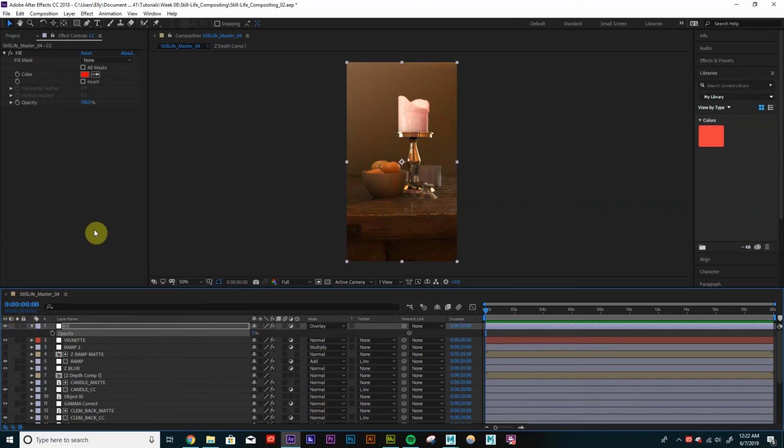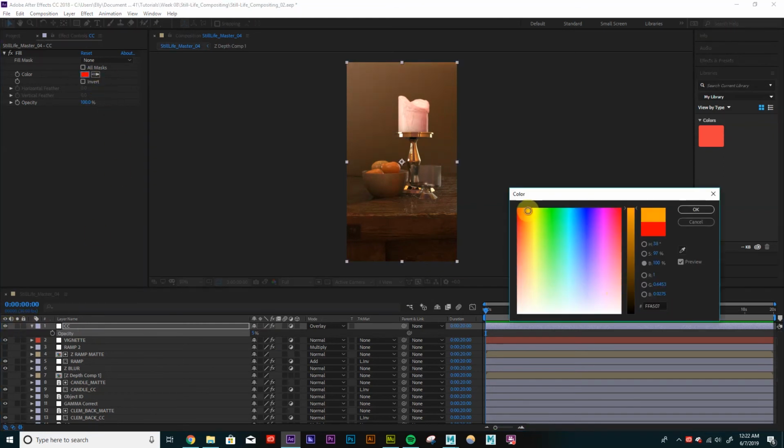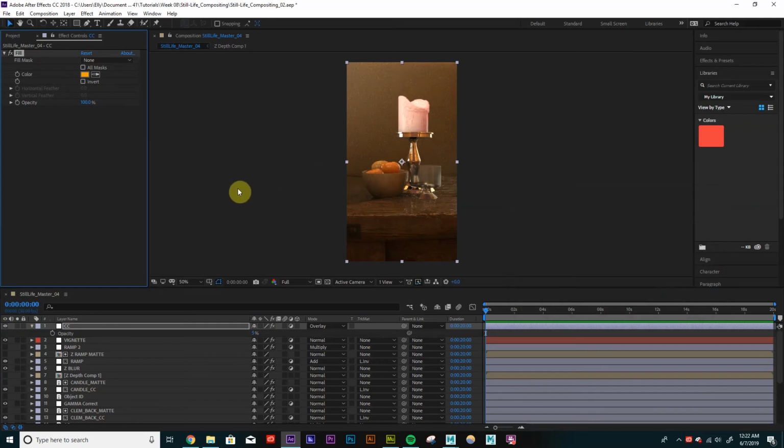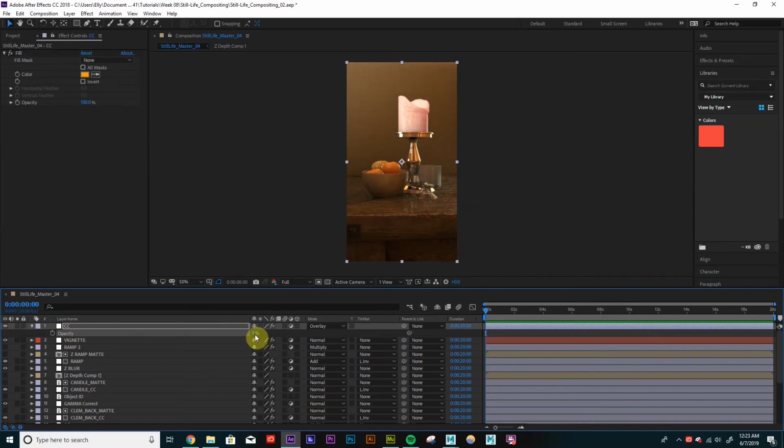So I'm getting a little warmer. Maybe make this orange. Okay. So even with that set at 5, it makes that much of a difference. You can turn this up way high, but again, don't want to overkill. Just subtle